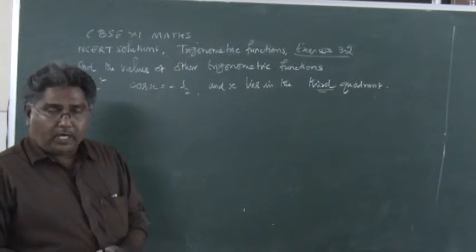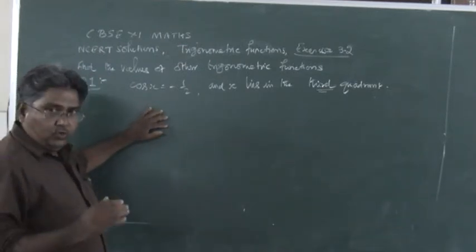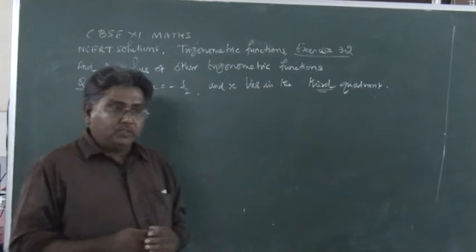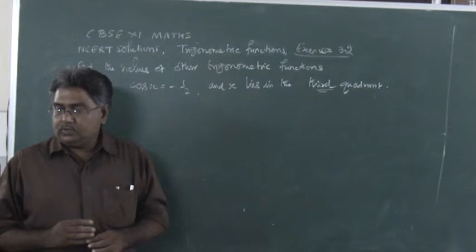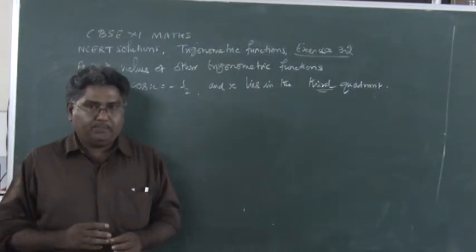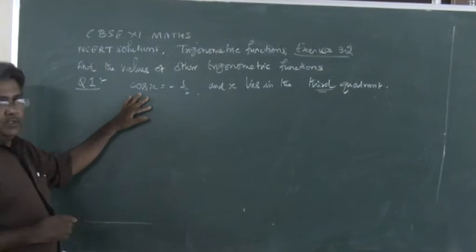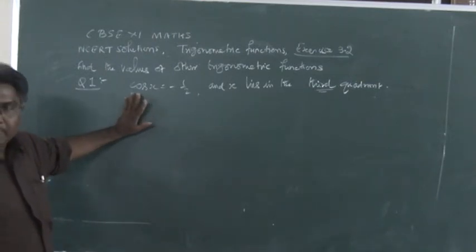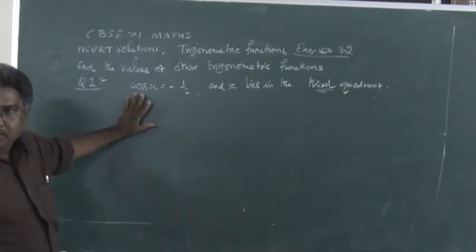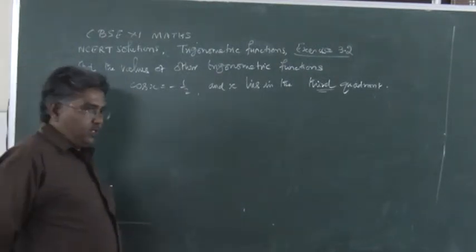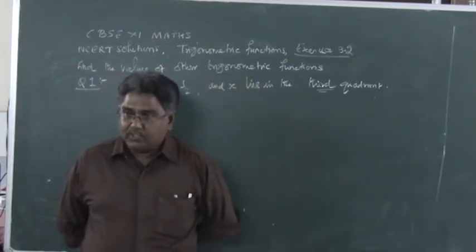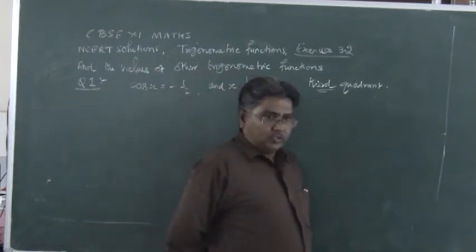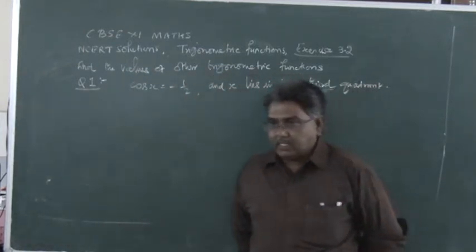For doing sums of this type, first you use the reciprocal relation to find the suitable trigonometric ratio or trigonometric function. For example, cos x is given. You can find secant x from it. There will not be any confusion. Use reciprocal relation and find out whatever trigonometric ratios you can find from that. First part. The second part, use square relations after this. When you use square relations, you apply the concept that